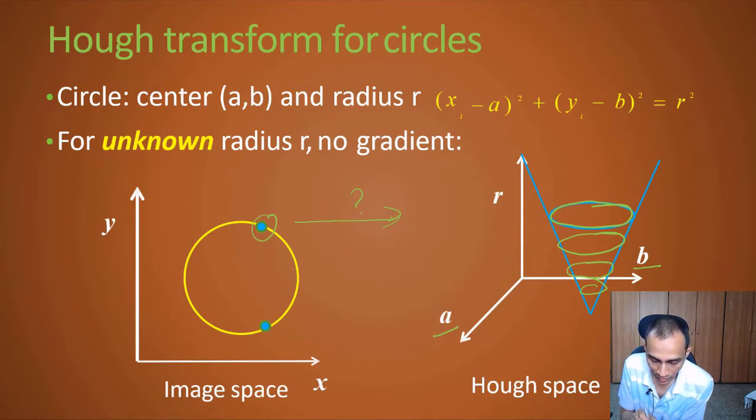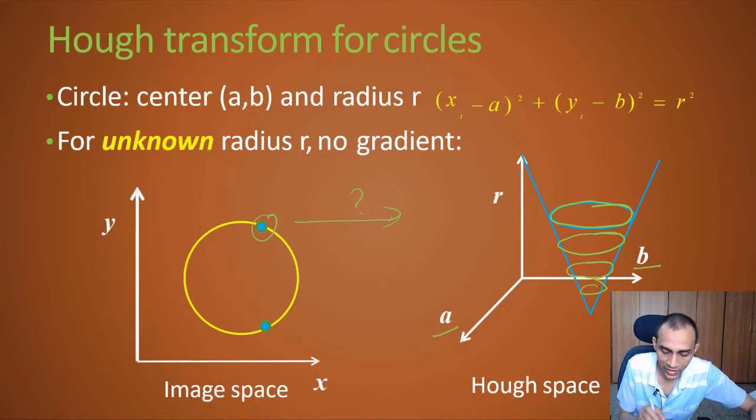So when we have radius 0, you are just voting for one point. When radius is small, you are voting for a smaller circle, and when radius is large, you are voting for a larger circle, and so on. So depending on the limit that you set for radius, you will vote for all those locations in a cone kind of a pattern. And then another point will vote for another cone, and so on. And again, you will have an intersection somewhere where all these cones will intersect, and they will finally lead to one unique